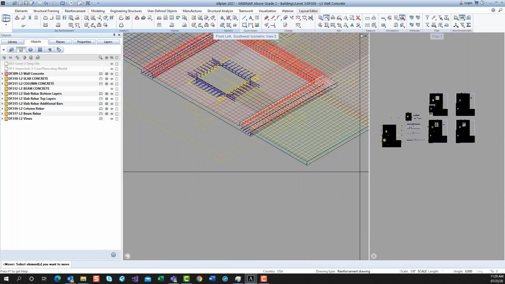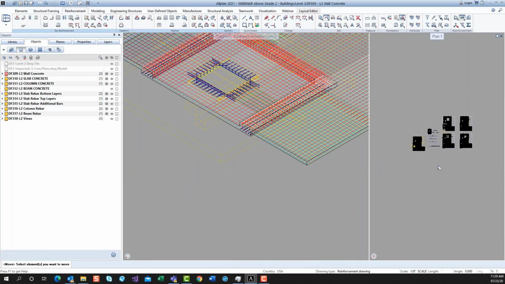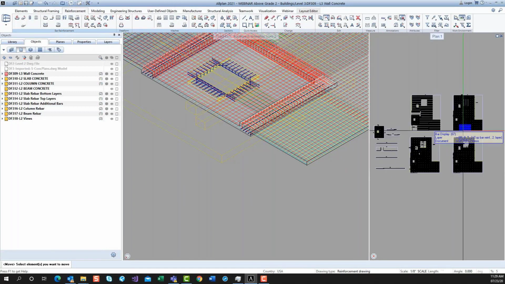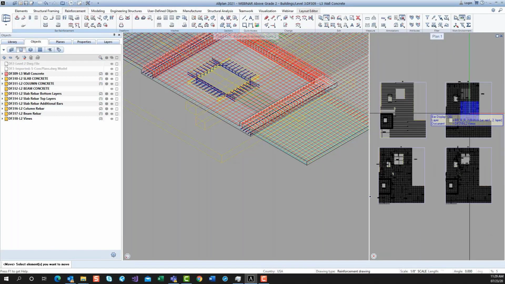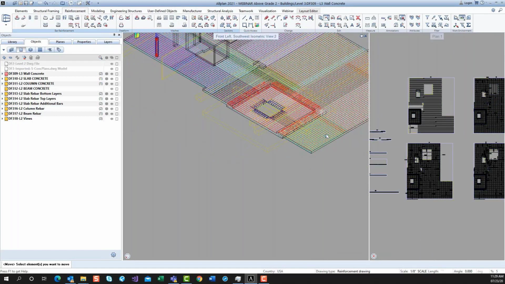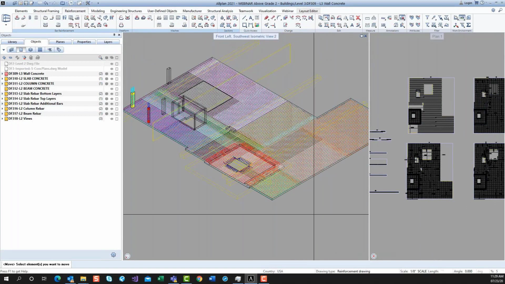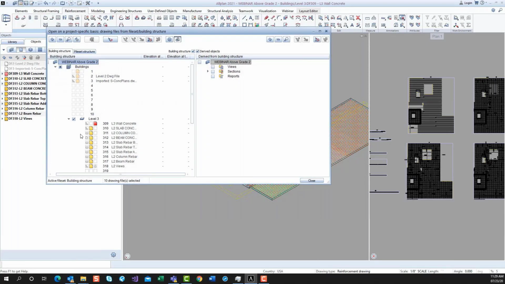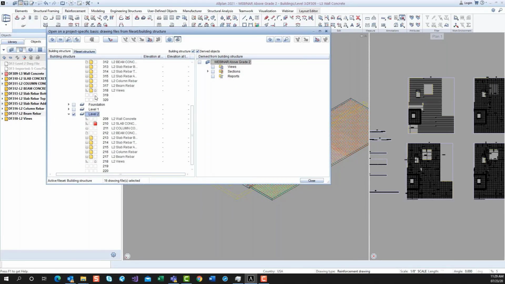I'm going to show you that it's definitely different. It's the same as level 2, but it's in a different location. I'm going to turn off all the view information and only turn on the concrete and the rebar, just so you can see how quick and easy that was. So here, it's going to go in, turn on all level 2, turn off level 2 views, which would technically be level 3 views,